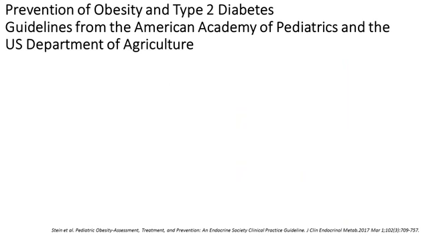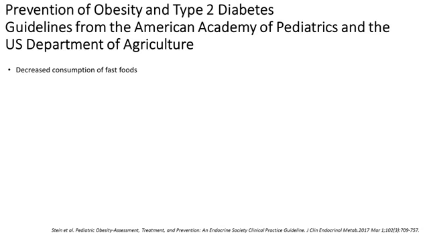So what do we do? We screen, and if we see that they have type 2 diabetes, of course, we treat. But if we have someone who is at risk, they may fit a couple of the criteria that we use to screen, however everything comes back normal. The focus is really to address the things that make this child at risk, particularly if they are overweight or obese. So the AAP, the American Academy of Pediatrics, and the U.S.